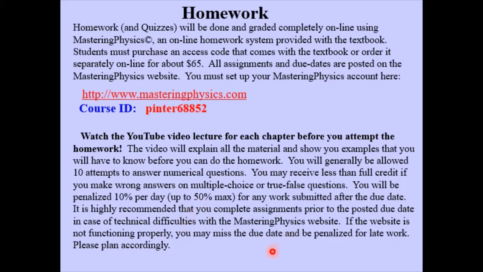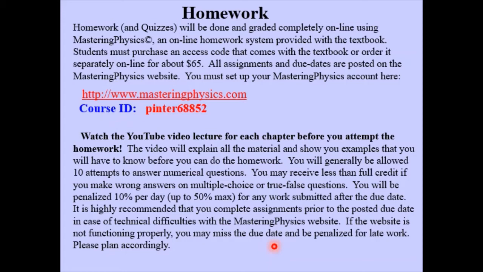The other thing I should just mention here is don't wait until the last hour before the due date to do your homework, because if the Mastering Physics website crashes, that's not my problem. There's nothing I can do about that. This website belongs to the textbook publisher, Pearson.com, and so I can't help you if there's a technical problem.